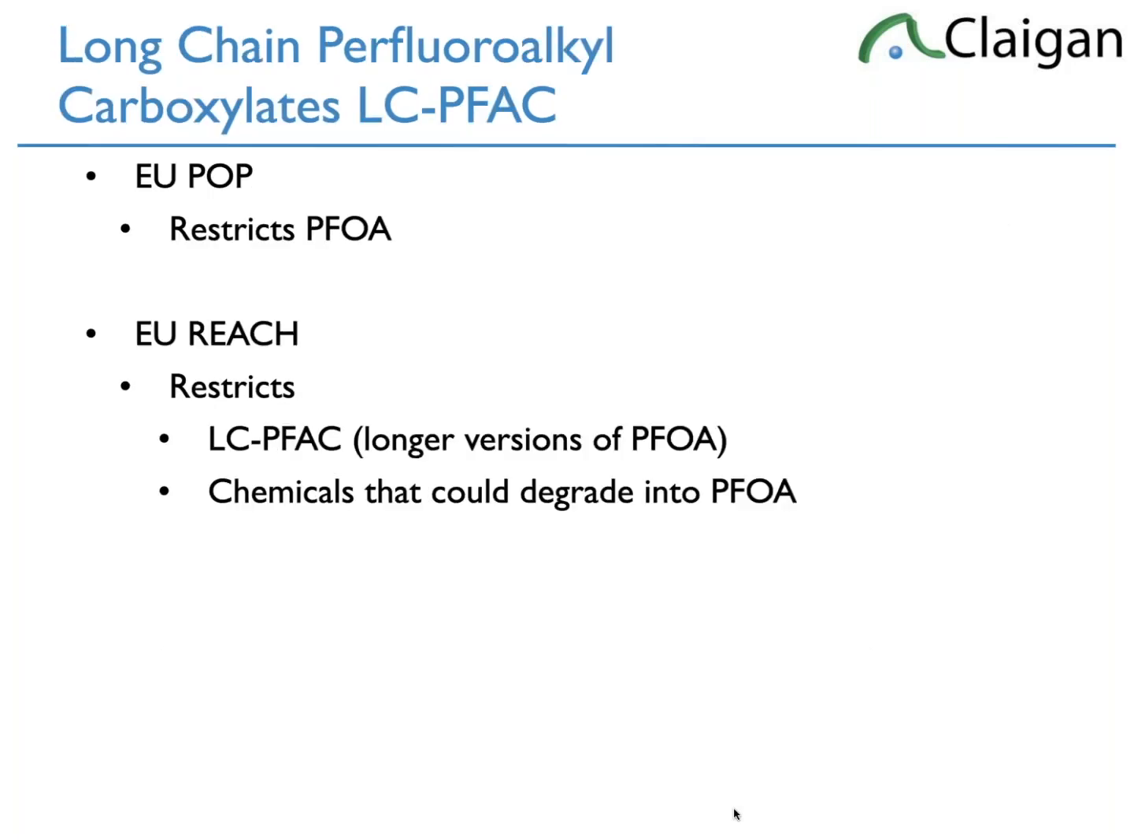Long chain perfluoroalkyl carboxylates. EU POP restricts PFOA. It's 25 parts per billion, which you've seen at some time. The longer versions of PFOA, so PFOA is perfluorooctanoic acid, 8, nona, which is 9, or longer up to 14, are done under REACH as long chain perfluoroalkyl carboxylates. The REACH one governs the long chain perfluoroalkyl carboxylates, the length 9 and longer versions of PFOA, but also any chemical that could degrade into PFOA,